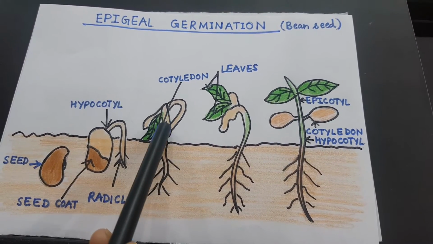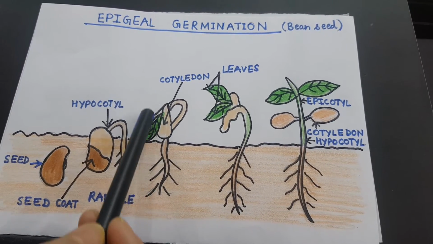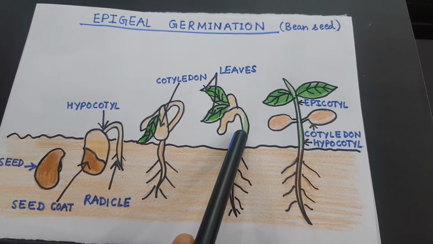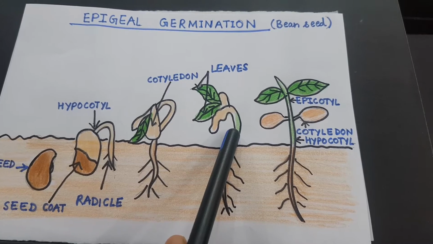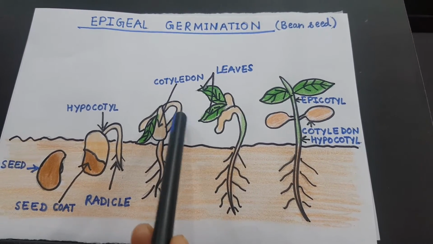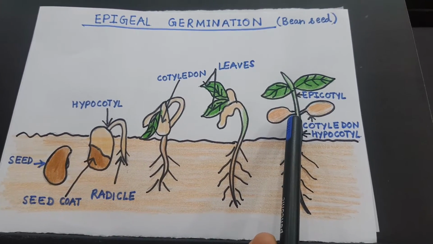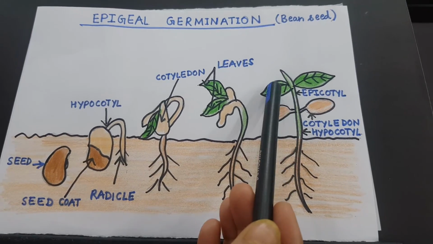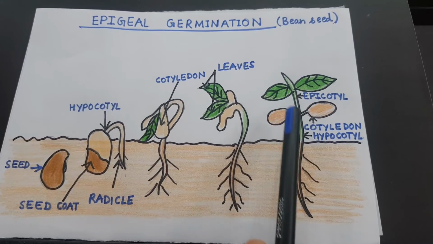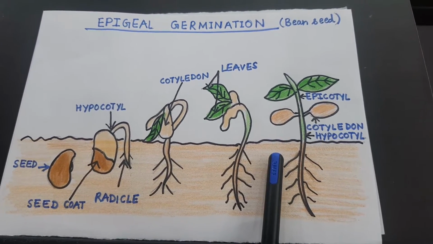This is the hypocotyl, it starts growing, and then what happens? It pushes the cotyledons above the soil. And then what happens? In this case, can you see the hypocotyl? The hypocotyl grows and becomes straight along with the cotyledons above the soil. So what happens? The cotyledons form the first green leaves which make the food for the growing seedling, and this type of germination in bean seeds is called epigeal germination.